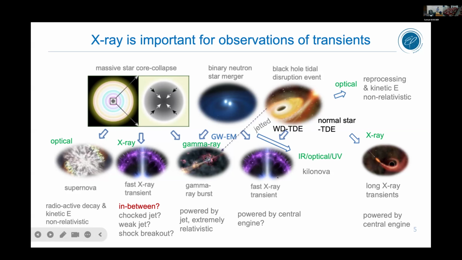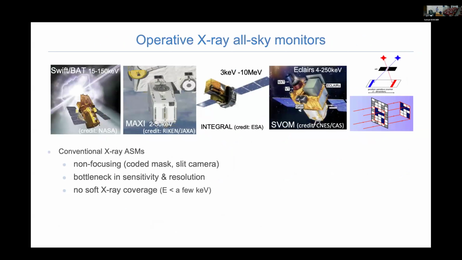And for the binary neutron star, we can see the X-ray counterpart of the merger, and it may be powered by the central engine. And for the TDE events, we can also see longer timescale X-ray events, also powered by a different central engine. And besides EP, there are already some operative X-ray all-sky monitors, but they all have different shortcomings, such as